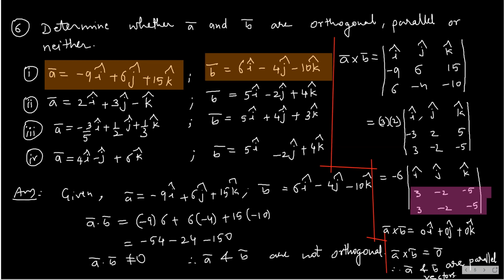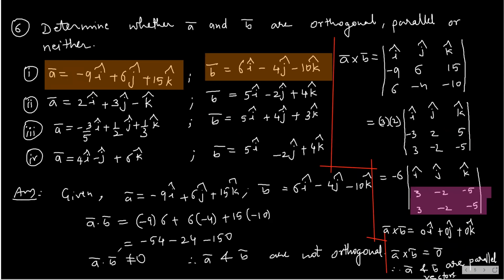In case you haven't followed what I did here, I used the properties of determinant. If you have not followed that, do not worry, you evaluate the determinant the way you know. You will get a 0 vector. So I got that the two vectors are parallel vectors. Similarly, you will solve the other three.